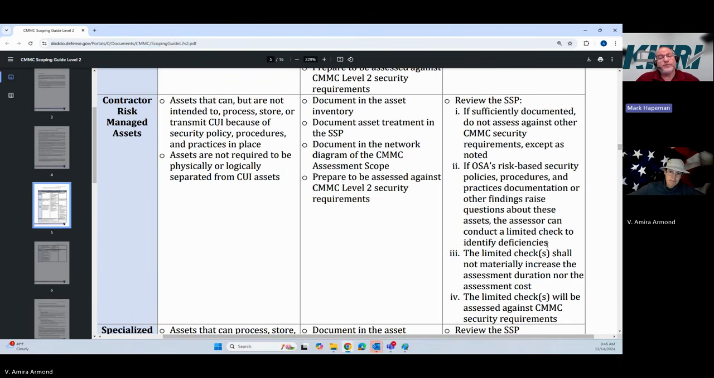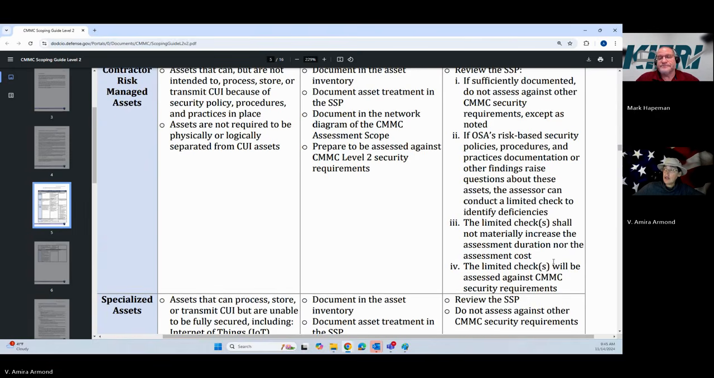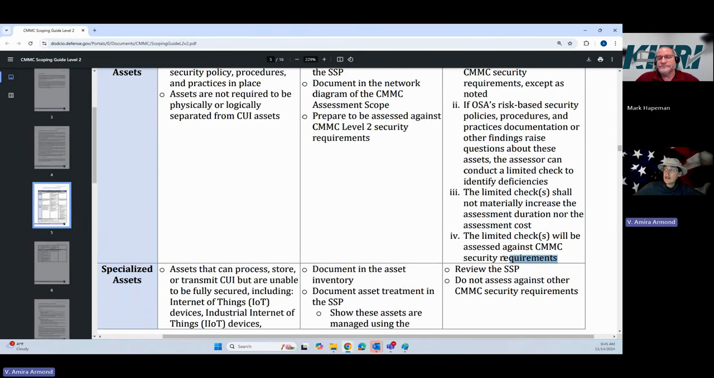So details can really matter. That's what the DoD is telling us in the scoping guide. Yep. And again, they will be assessed against individual security requirements. Now, what happens if that exact scenario